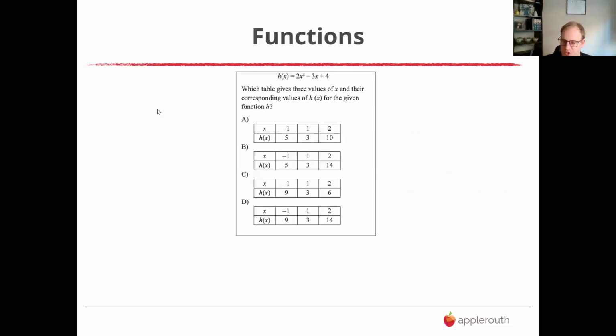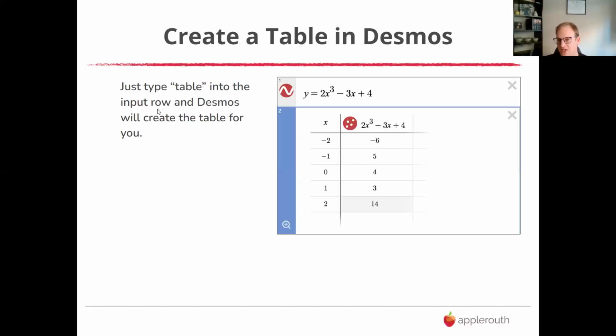Here's a functions question with 4 answers that they're asking which of these has the proper x, y points that go on this graph. You're probably going to sense where I'm headed here. We're just going to graph it. You can actually type a table in. I don't usually do that. So I might just type in the exponential equation and then just look at what points are on the graph. But again, there's just so many things that you can do to make your life easier on Desmos. Just got to get in there and practice.